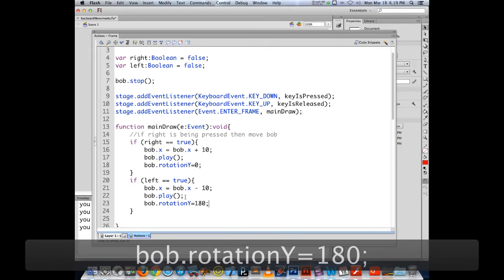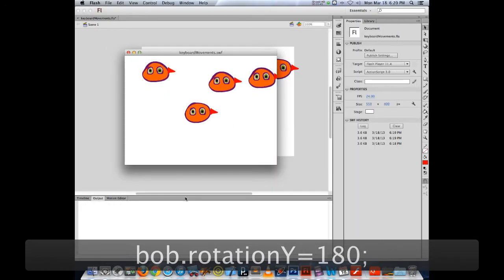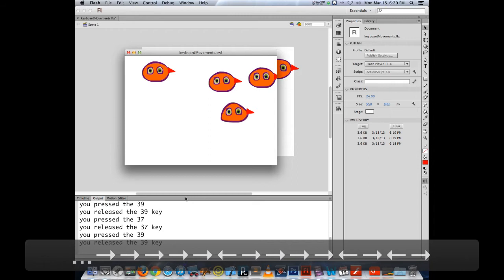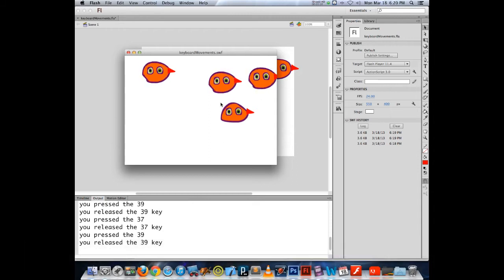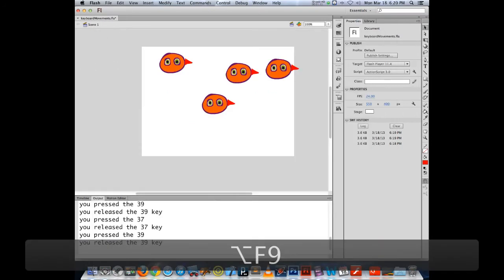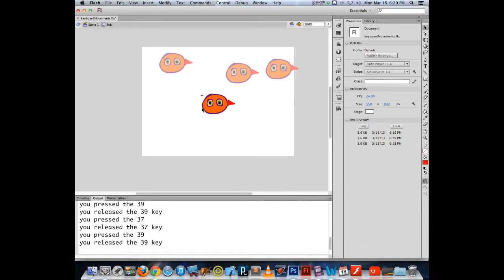But if we set its rotation y to 180, we'll notice that he is rotating. You'll also notice that Bob is rotating around his registration point, which is the top left corner here. So he's rotating on this line. If you want him to rotate around his middle, we can either offset him while we do it, or the easier method would be to go in and just modify Bob. So instead of rotating along this line or axis right here,